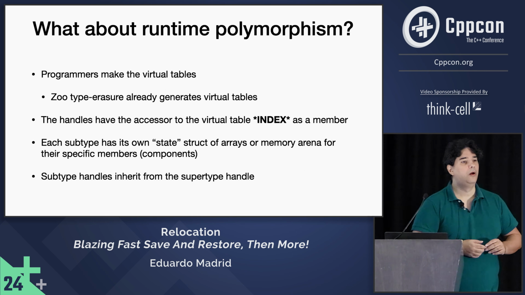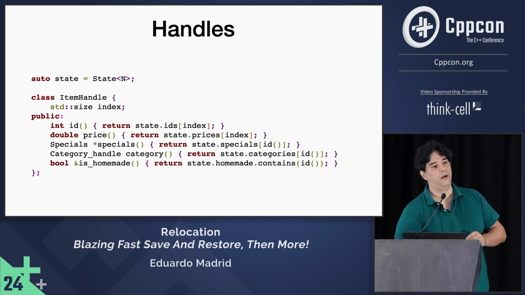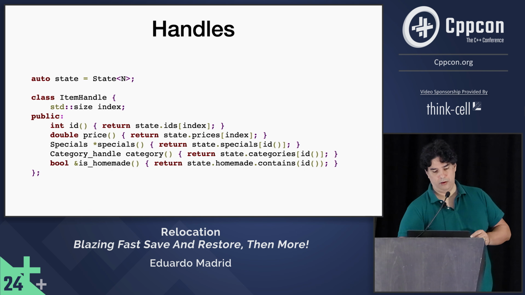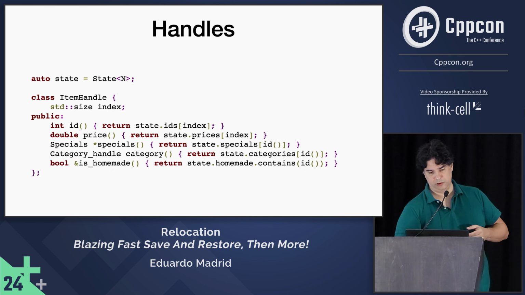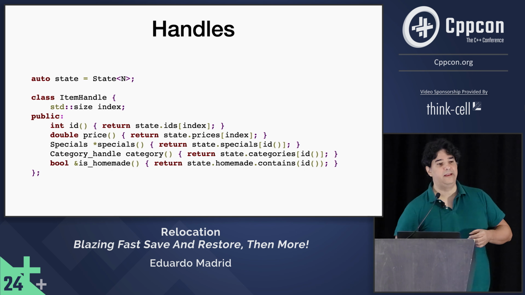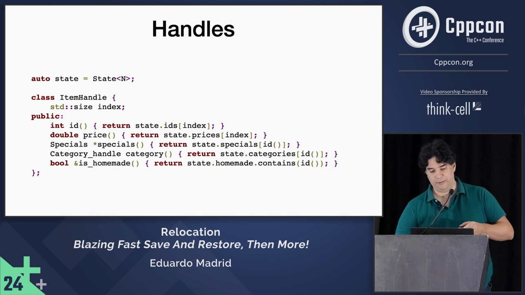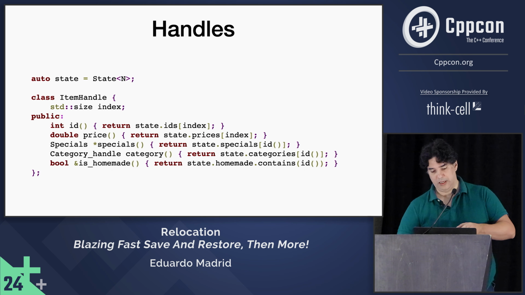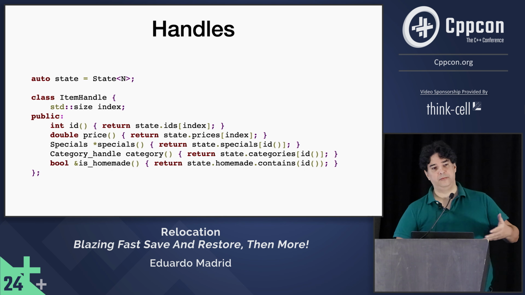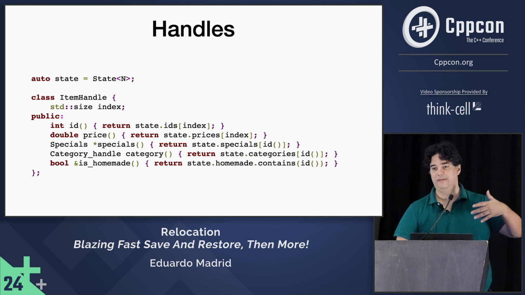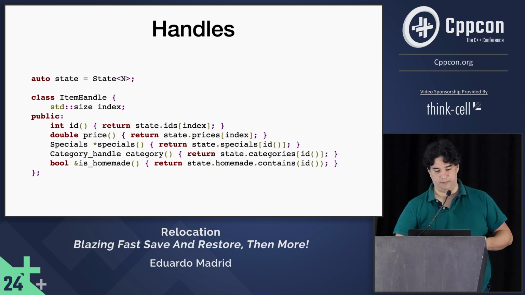Yes. On the previous page, since you're storing the specials in a map, isn't that going to create an entry in the map? Don't you have to check if it exists in the map? Yes. Thank you for the question. The question is whether, because the implementation of the accessor of specials just uses the bracket operator on an index, if that item doesn't have specials, this invocation of the bracket operator is going to create a new object, as in the case of a normal standard map.